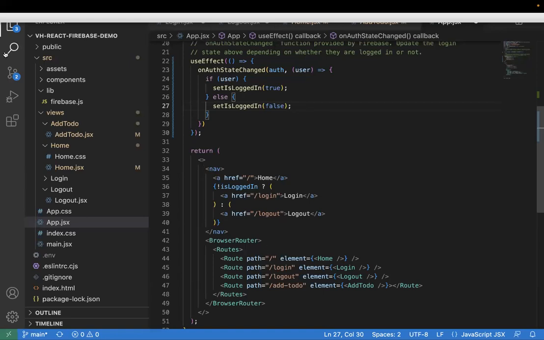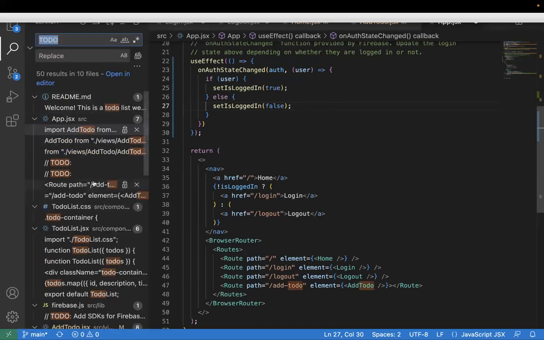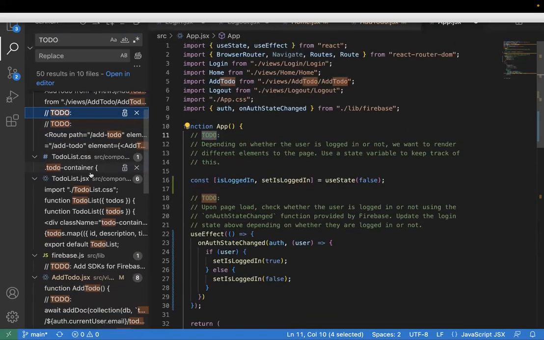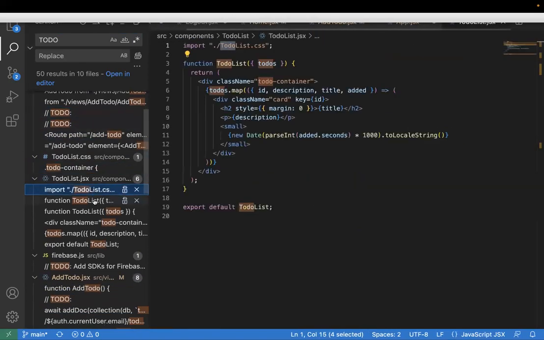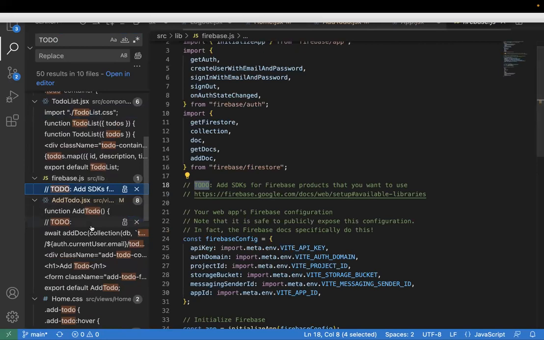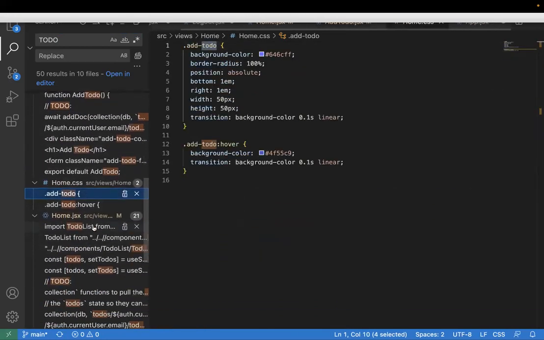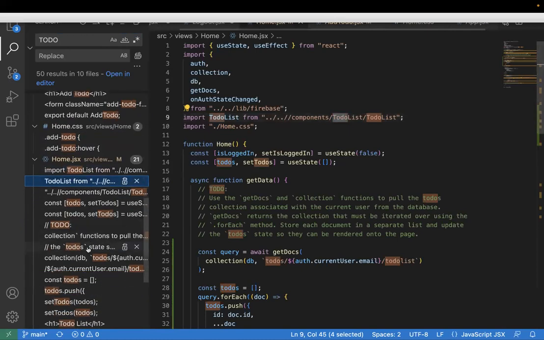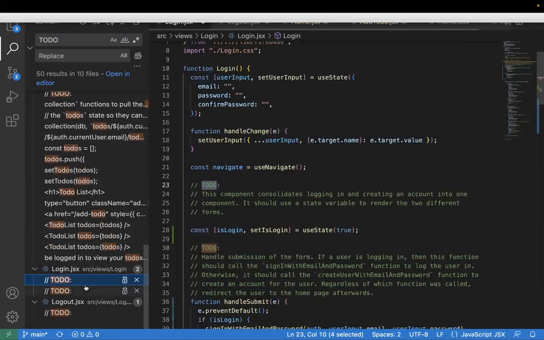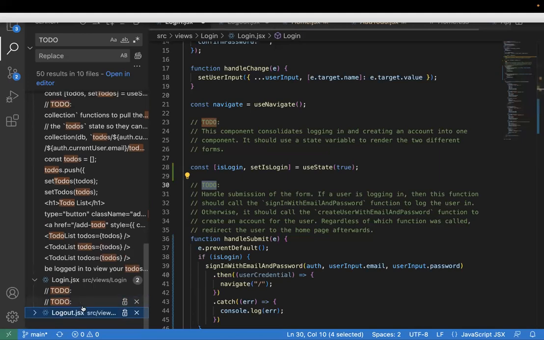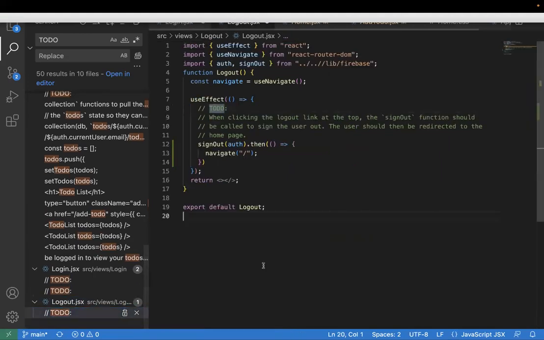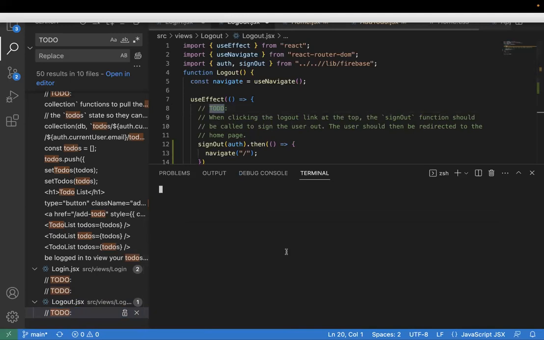Let's see, anything else you want to cover? Yeah, I think that was pretty much it. So we are way over time, but let's see if we can